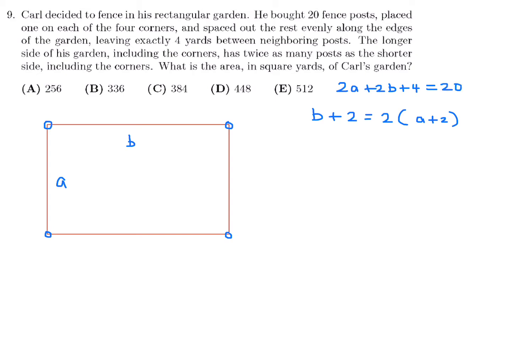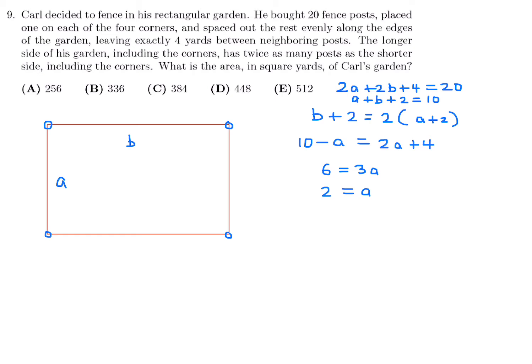So we've got 2 equations, 2 variables. We can easily solve this now. The first one, a plus b plus 2 is equal to 10. So that means b plus 2 would be 10 minus a, so I can just put 10 minus a there. Really quickly, do that. So 2a plus 4, so that's going to give me 6 is equal to 3a, and therefore a is equal to